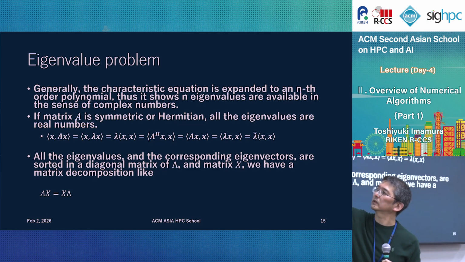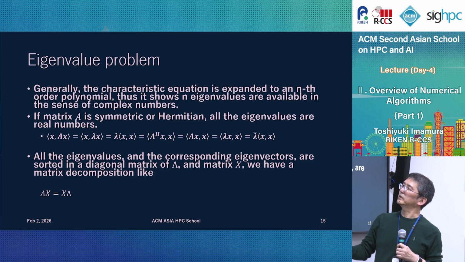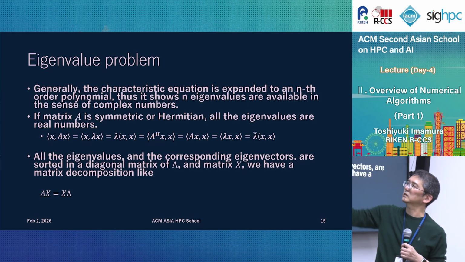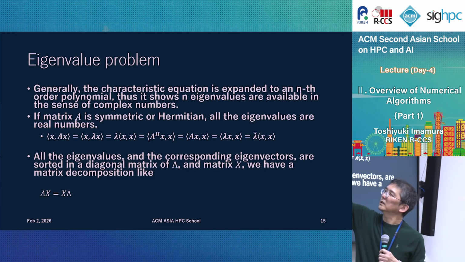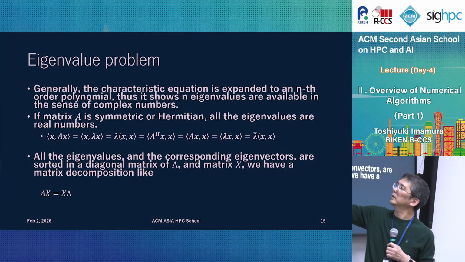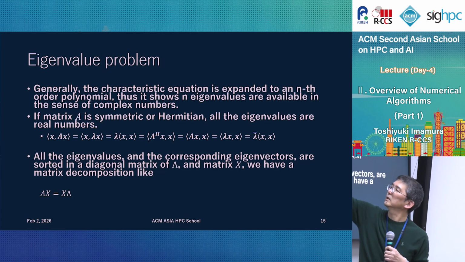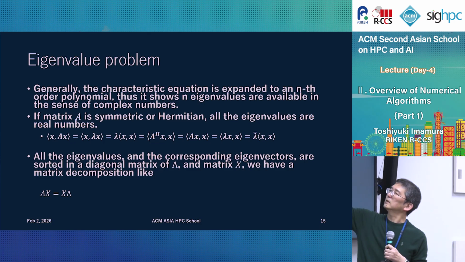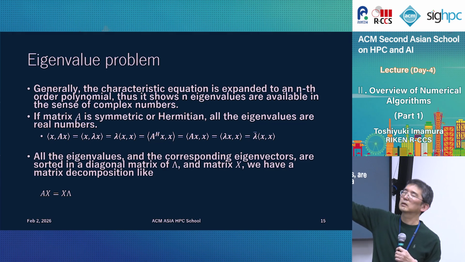exchange of the first and the second term with the conjugate operation. I'm sorry, I use H as the conjugate transpose. So (Ax, x) is also equal to (x, Ax), because we suppose A is Hermitian, so A conjugate transpose should be A. And then Ax is lambda x, and from the left-hand side, the scalar is